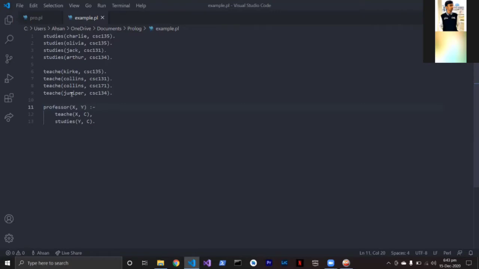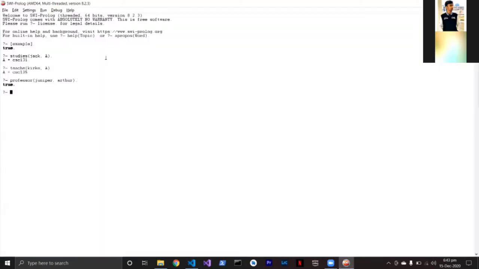Since we can see here that Juniper teaches CSC 134 and Arthur is a student of CSC 134, this implies that Juniper is actually the professor of Arthur. Since it is returning true, this shows us that our query is accurate and Juniper is actually the professor of Arthur.